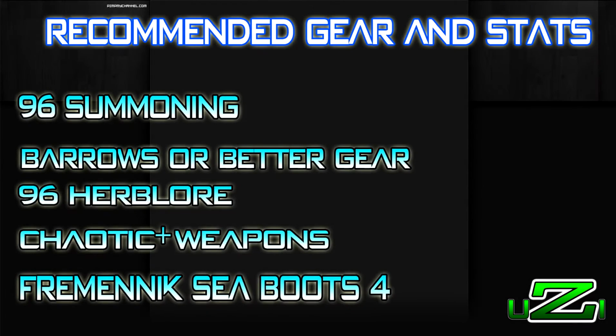Welcome to the recommended gear and stats for this DKs guide. You want 96 something for a pack yak, barrows or better gear, 70 plus. Basically you want either power gear or defensive gear depending on how you think you will do. You want 96 Herblore or 91 boosting with overloads, and chaotic or higher weaponry for all three combat styles